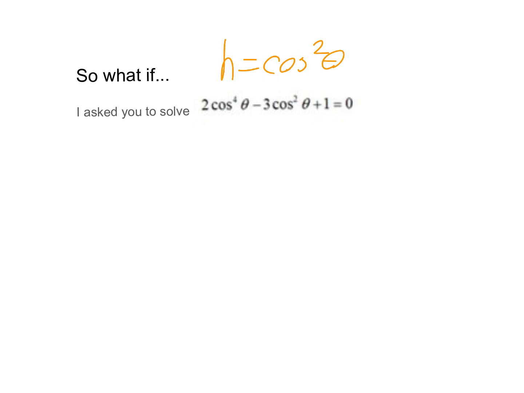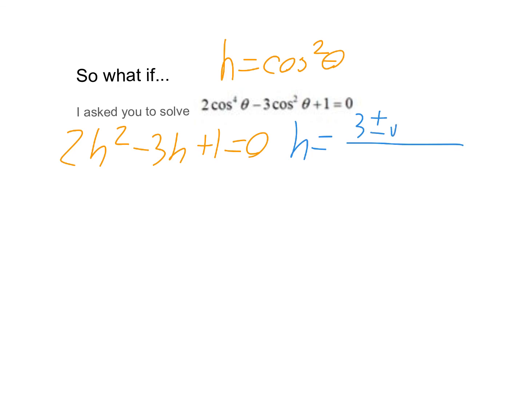This allows me to rewrite my equation as 2 times h squared minus 3h plus 1 is equal to 0. It's in quadratic format, so I can use my quadratic formula such that the value of h is equal to 3 plus or minus the square root of 9 minus 8 over 4, which, as per the previous slide, breaks down into h is equal to